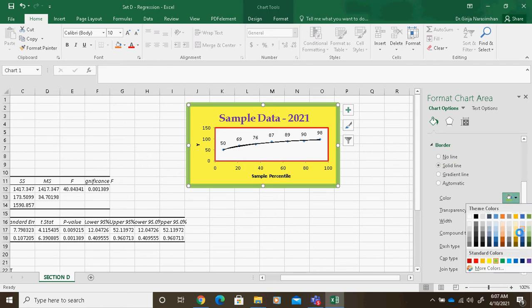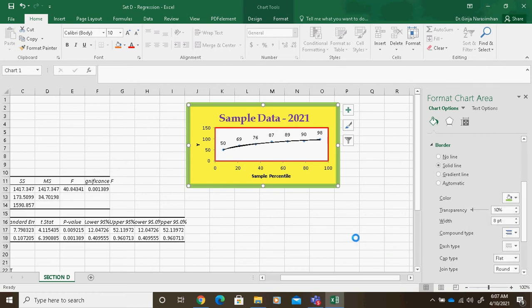Always check this green color, because there are two types of green: this is light green, this is dark green. Blue also has three: light blue, blue and navy blue. There are three things, so always check. The border applied is light green, and the transparency level is 10%. The width is 8. If you want to see the dash type, here also the dash type is not applied. If you apply it, it will give dash, dash dot, like this. Clear? These are mainly the things we see.